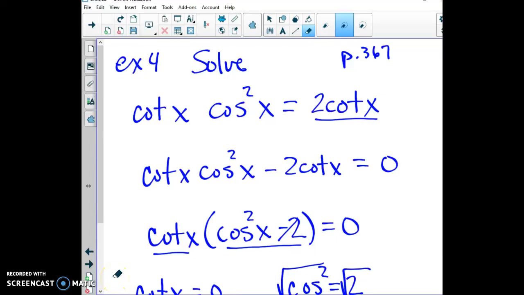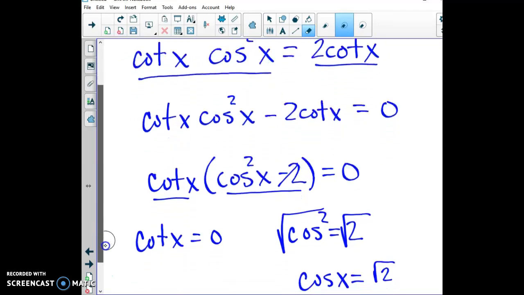So page 367, we're doing example 4. It says we're going to factor. We're starting with cotangent x cosine squared x equals 2 cotangent x. The thing with solving equations is we can do all of the algebra that we've used before. We're going to subtract 2 cotangent x from both sides, and we can see that we end up with